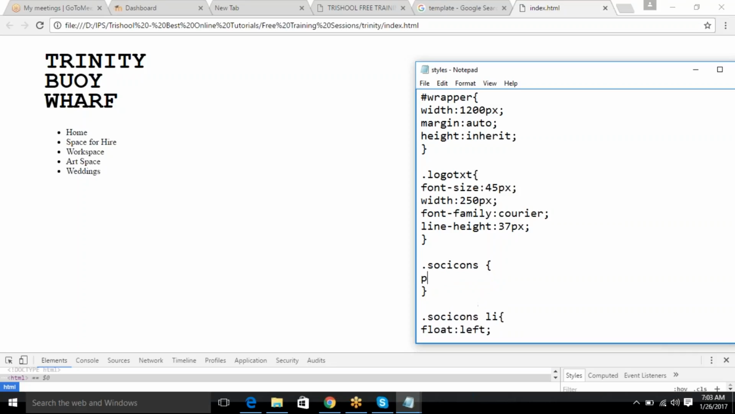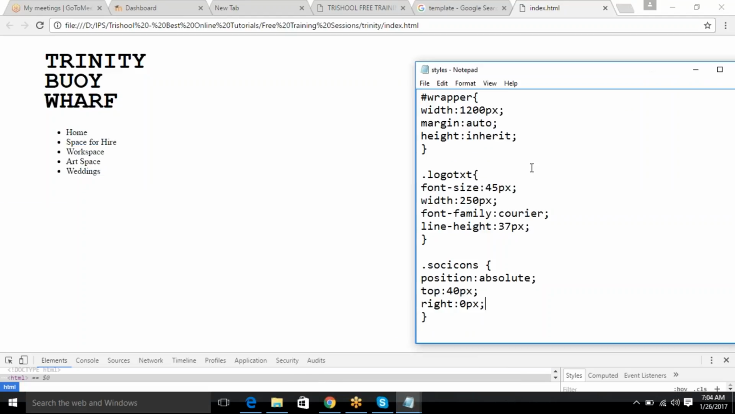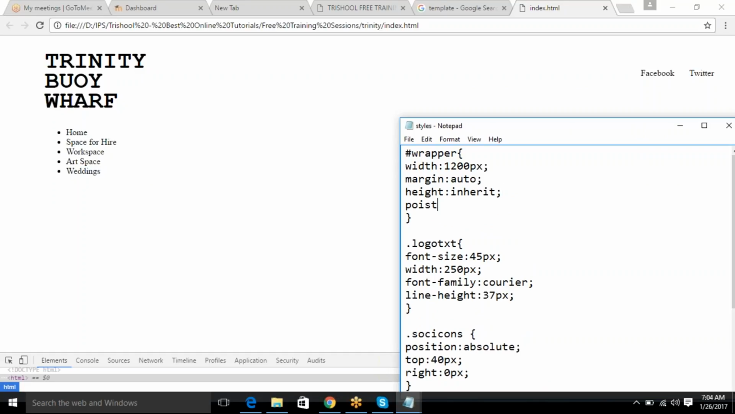So now I'm going to write position absolute, top, let's say 40 pixels, right, 0 pixels. When I say this, see what happens actually. This guy is aligning to the document, not to the wrapper, right? So what's the wrapper? This is the wrapper. Facebook Twitter is not aligning right 40 pixels to the wrapper, but it is aligning to the document. So to make sure it will align to the wrapper, I can say position relative,